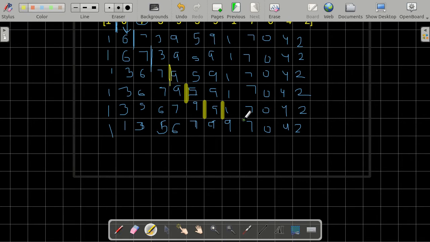So now this part of the array is sorted. The same procedure will be done for all of the elements. And in the last we'll have our sorted array as 0, 1, 1, 2, 3, 4, 5, 6, 7, 7, 9, 9.